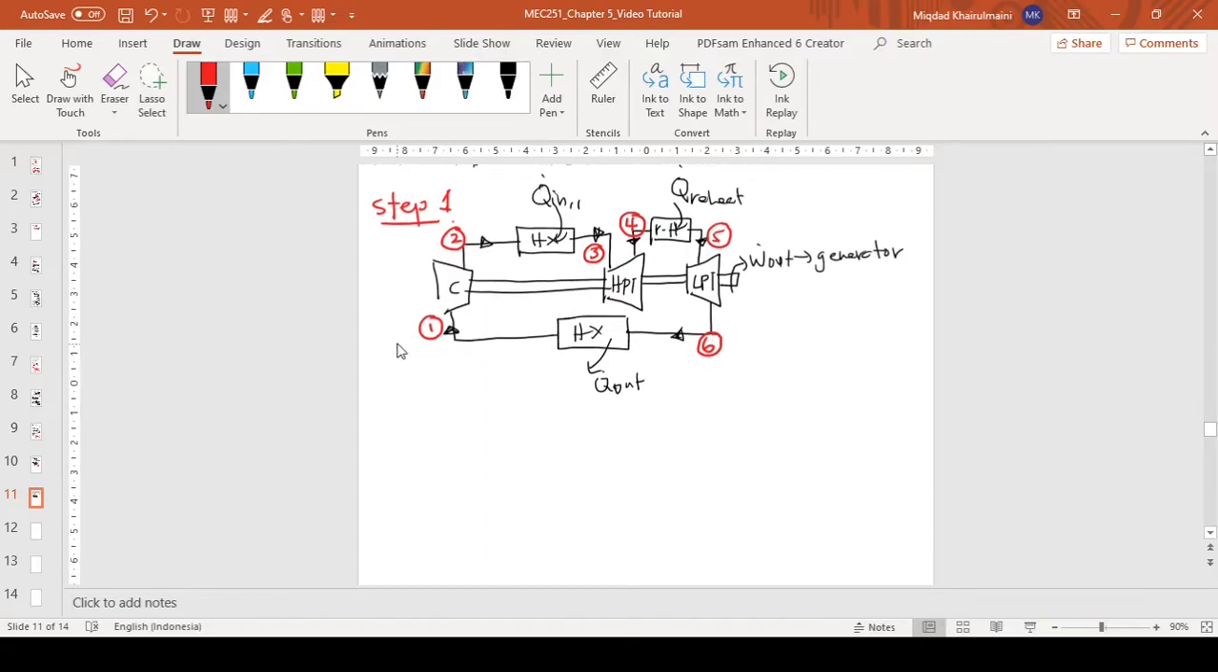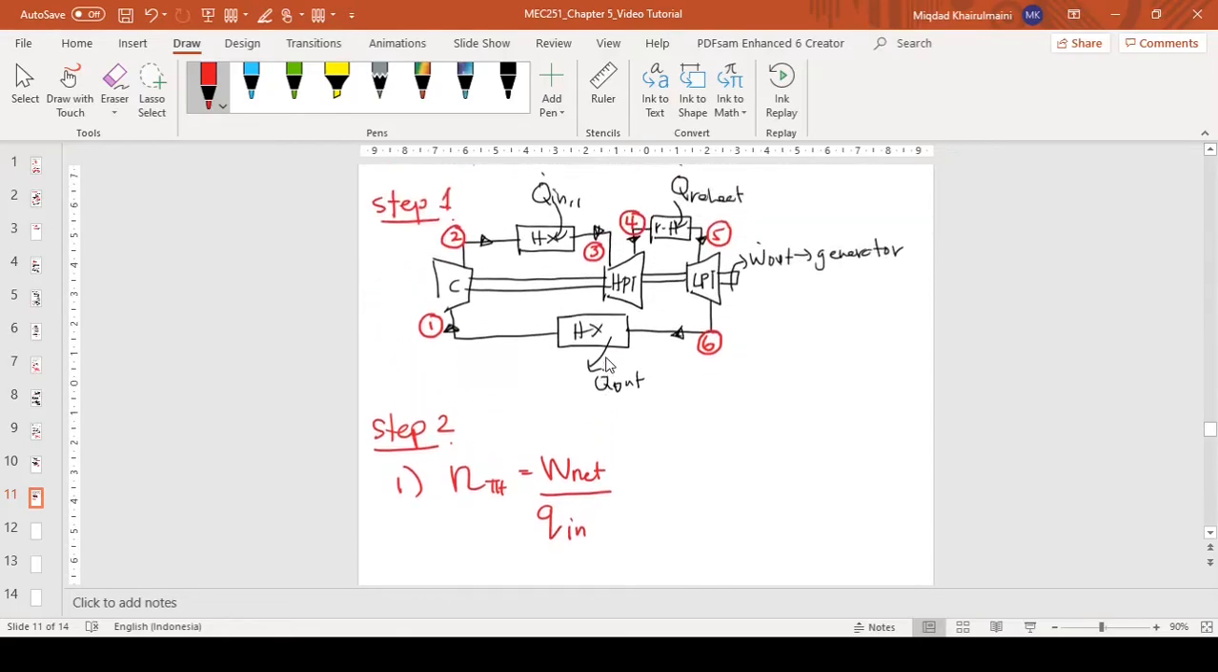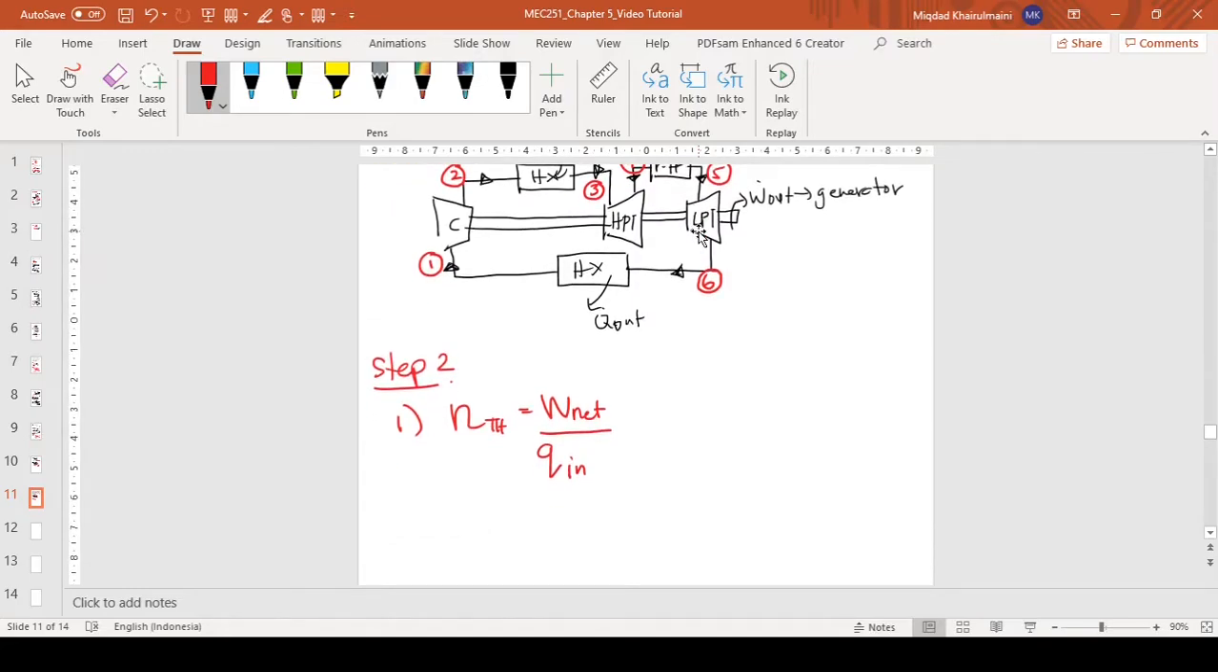Okay, so next is step 2, which is to come up with the equation. So for the first item, which is to find the thermal efficiency, the general equation is the work net, in small letters, over the amount of heat added, Q in. There are two times, the first primary heating and then the secondary heating, the reheating process. So the Q in here has to be Q in total, because there are 2 times the heat addition